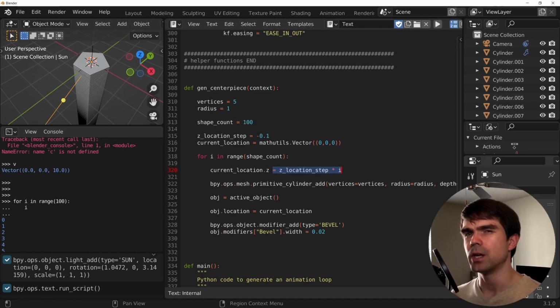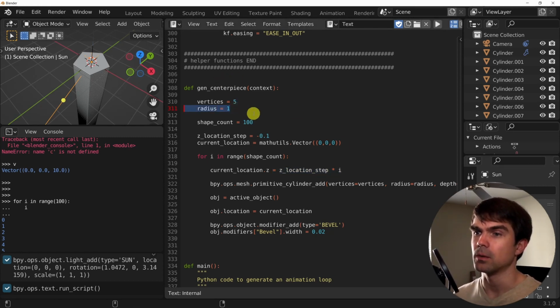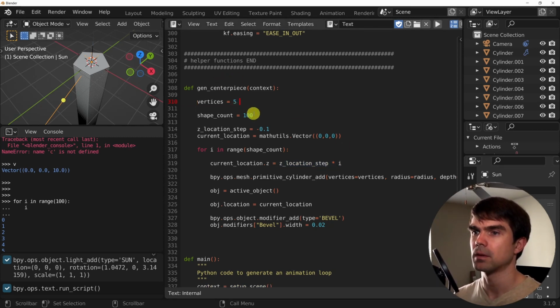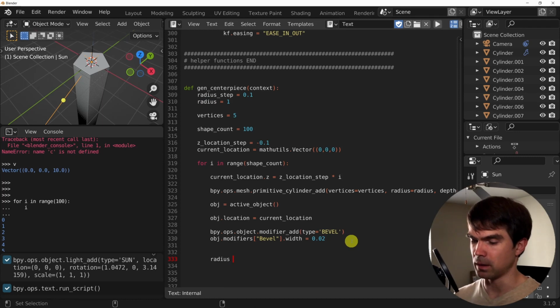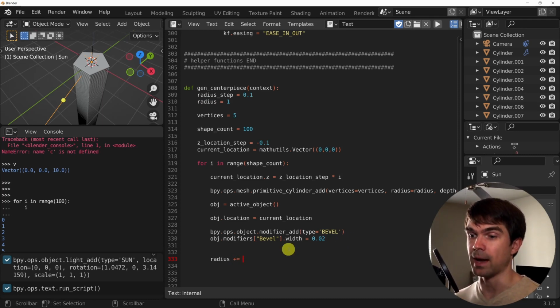Now I want to change the radius on each iteration. So I'm going to create a radius step. I'll move the radius here, and then step, and then set it to 0.1. I'm going to change the radius right below here. I'm going to add the step